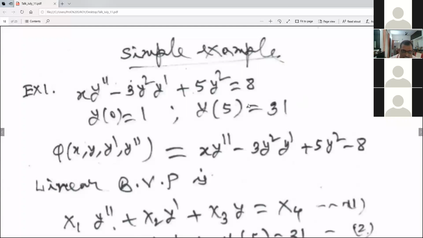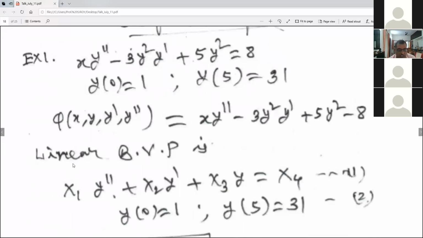It is not related to fluid dynamics, not related to electrical force or anything. Anywhere you get this equation. Some nonlinear equation you get with a two-point boundary value problem. The two-point solution is given. How to solve this? So now what I explained, this can be taken as a function of arbitrary. See, this is one example. Now φ is here. For this equation, φ is this quantity. This minus this is φ. So if this is φ, then your linear sequence of problems is this. It will be y'', y', y, x1, x2, x3.